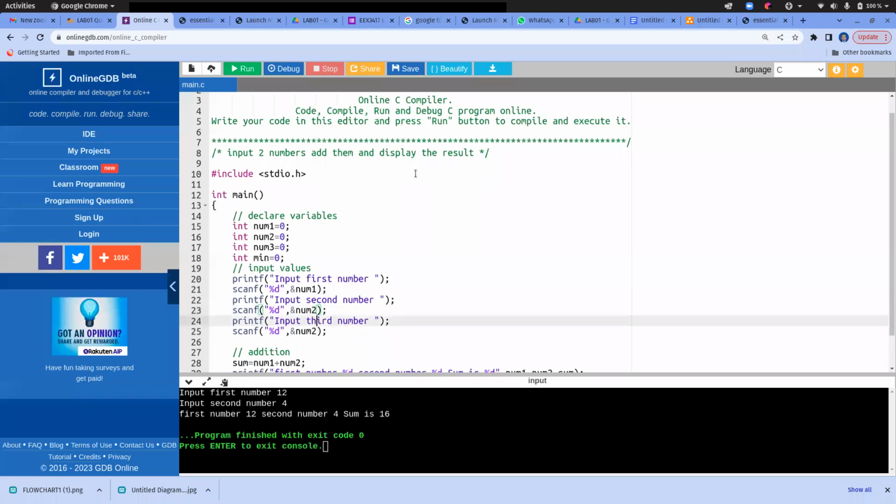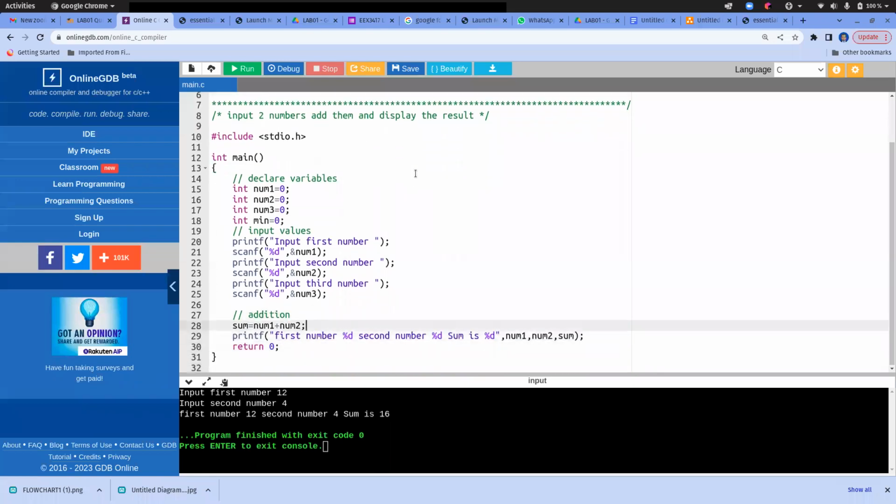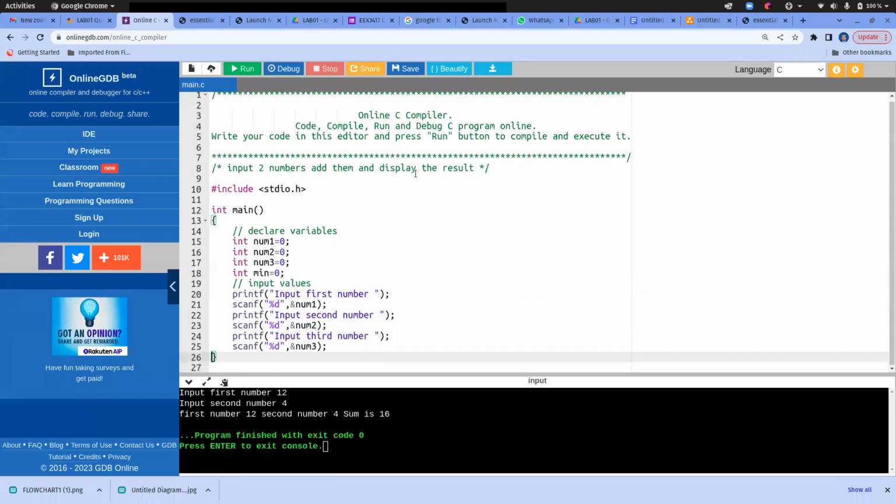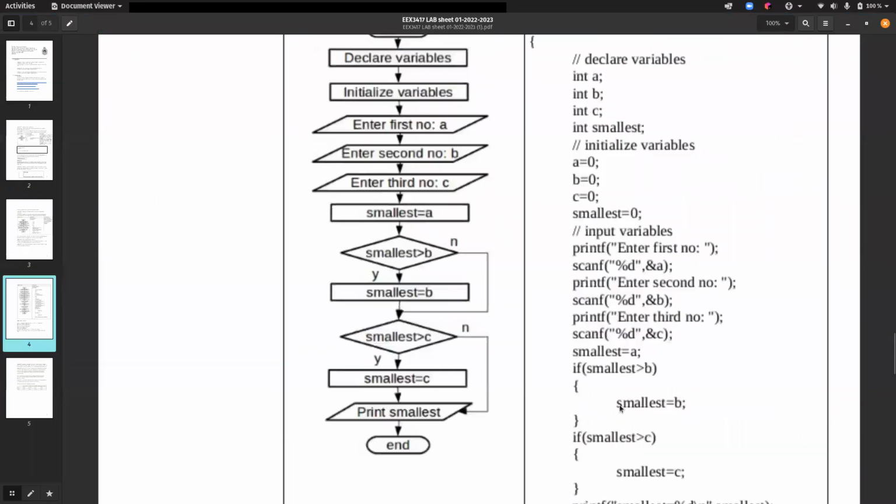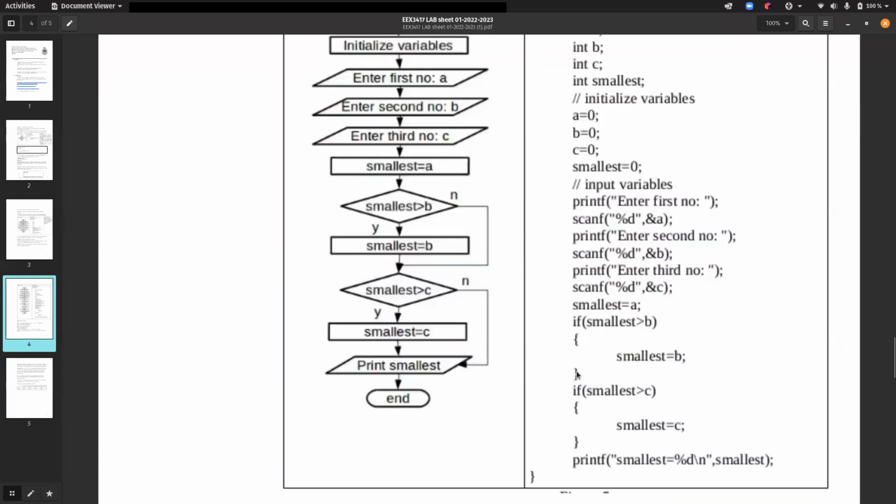Third number, num1, num3. Here you can see, first assign a value to smallest. Okay. In this program, first